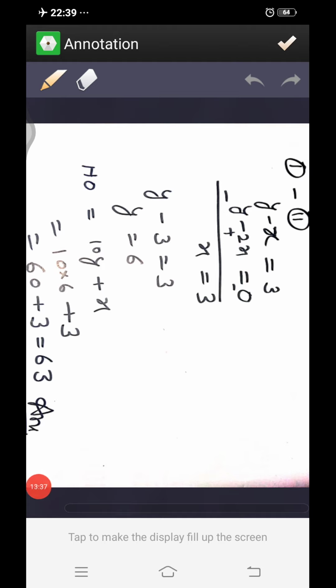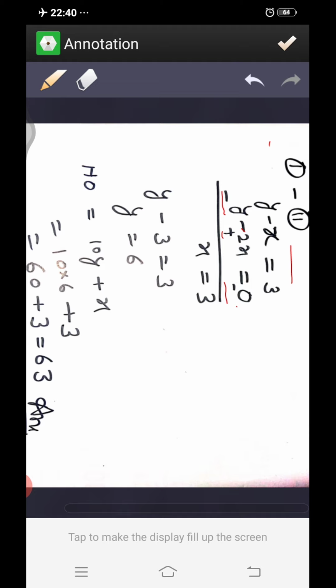Now we can see that in both the equations we have y part same. You can see that here also y, here also y, and the signs are also same. In this condition we have to subtract first minus second equation. y minus x equal to 3 and y minus 2x equal to 0. Subtracting, all the signs are changed. Here we have put minus in place of plus. This minus has changed to plus and this is also minus.